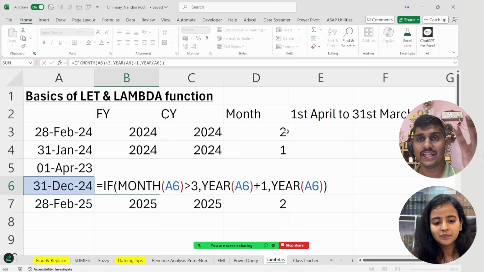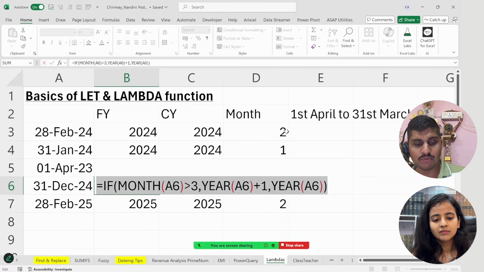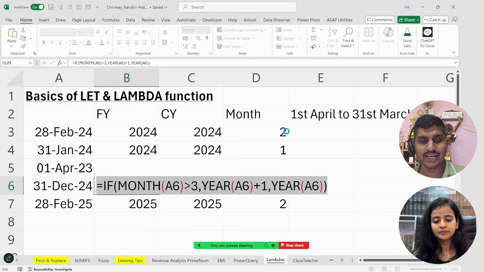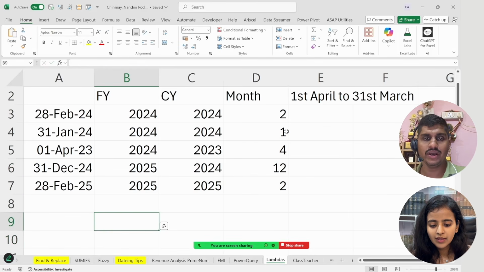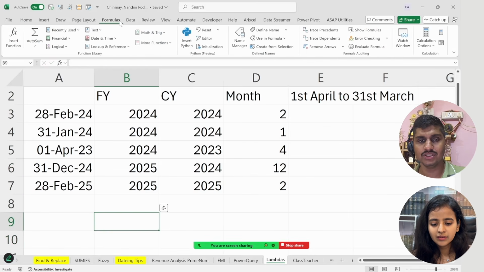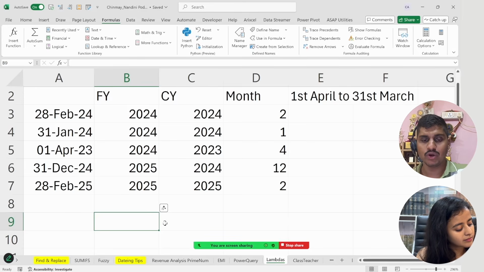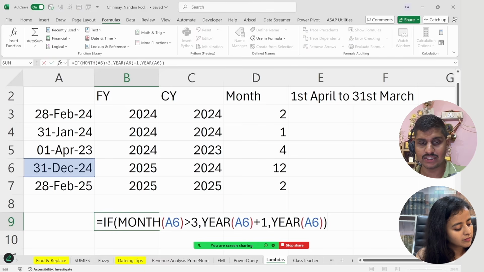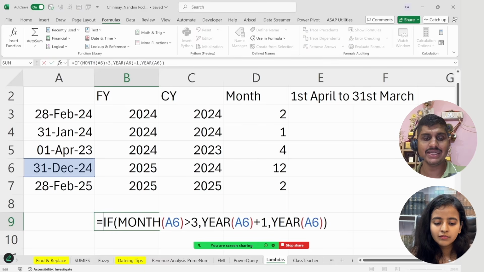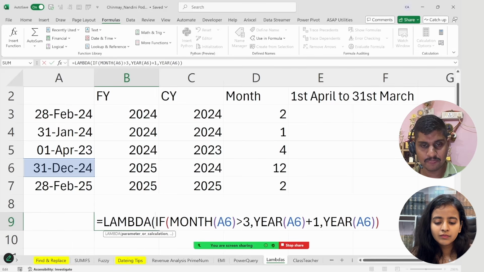Yeah, absolutely. That's a very good point, because what happens is, let's say some junior is trying to write this formula again, and he makes a very small error here and there. And then it is difficult to trace. So what we can do is create our own functions. In Excel, usually we have formulas and functions, like 500 functions. Now what I will do is use the Lambda function to create my own function. I have written this formula, I will just put it inside a Lambda function. So I'll write a LAMBDA, and then